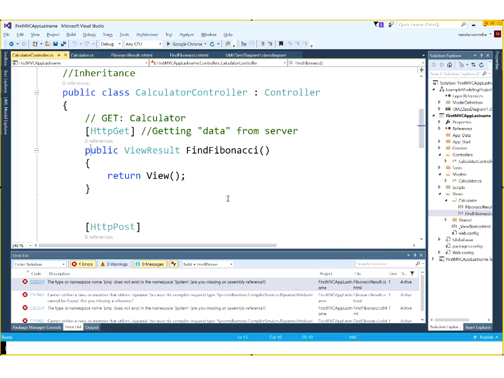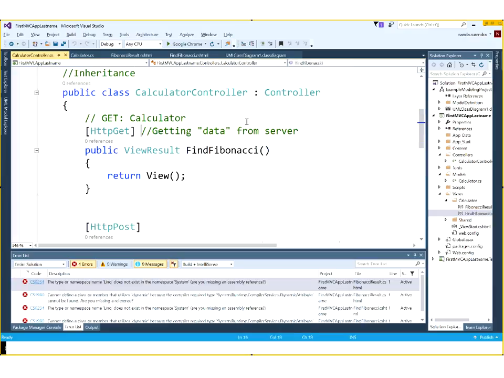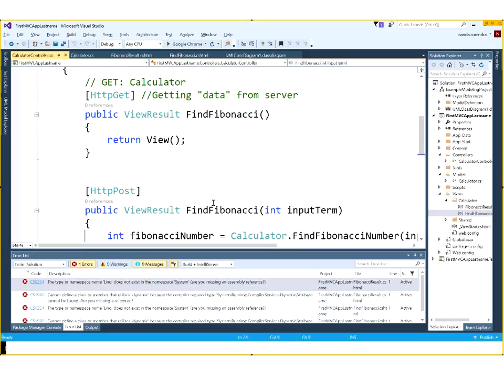It goes back to the calculator controller, to the second method, which, if you look at it, has the same name as the first method, but you can use the same name for